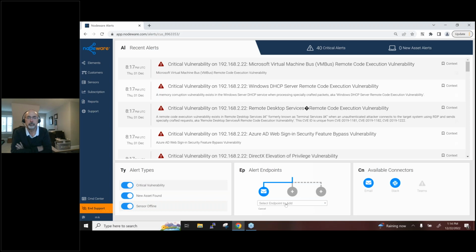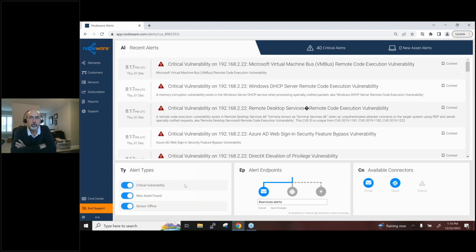So if you use Slack, you can just create a channel, select it here, and by default, we provide you one, and that will send it to your Slack channel. We're also working on that integration for Microsoft Teams, so it can send it to a channel instead of over the email wire. Critical vulnerability, whenever we do a vulnerability scan, as Frank mentioned,